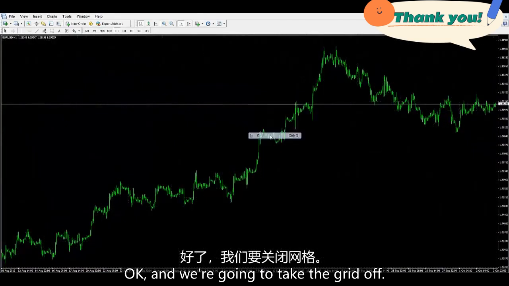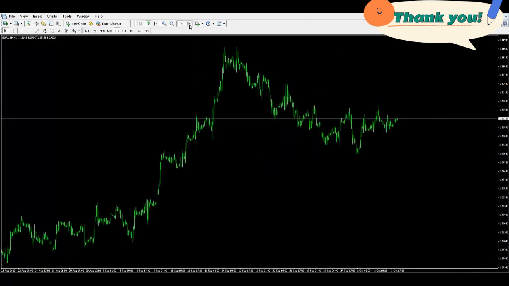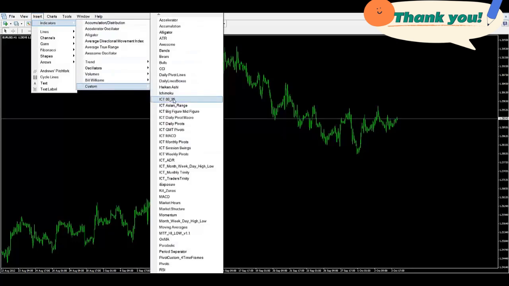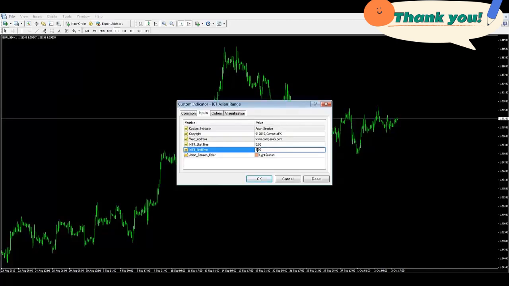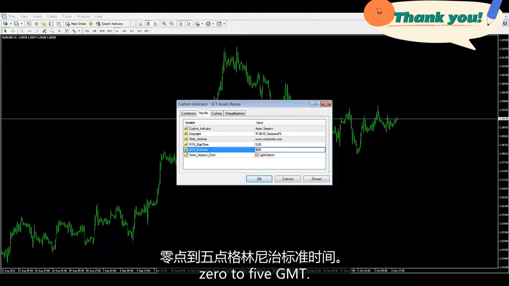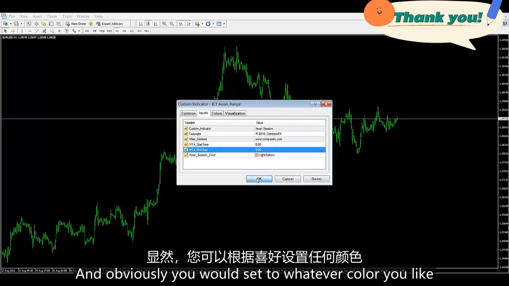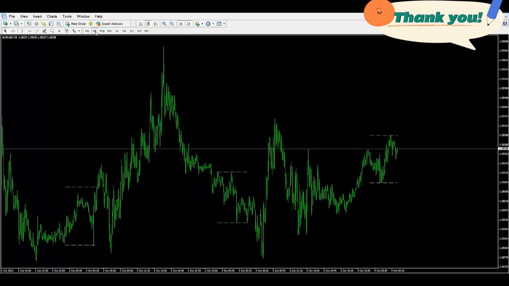Okay, and we're going to take the grid off. We're going to change it to a candlestick. We're going to shift it over a little bit. We're going to add the Asian range, and we're setting it to 0 to 5 GMT. And obviously you would set it to whatever color you like. And set the time frame to 5 minutes. And we're going to add